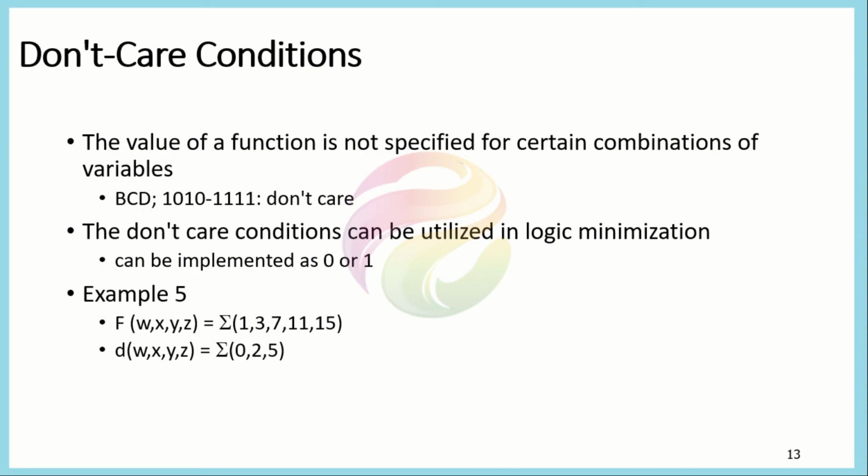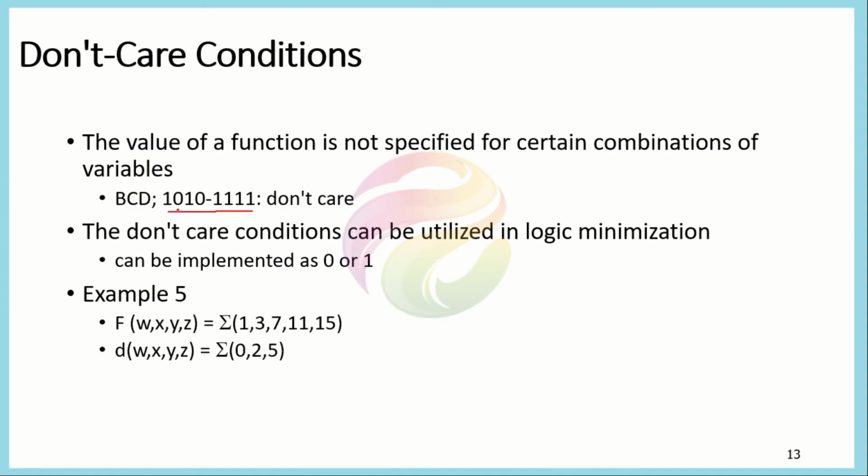We have also another condition which is known as the don't care condition. If you remember the BCD table, there was a certain combination of binary values which were not used. Actually, these unused values are very important when we are using the simplification process, because we combine these values as per our use. Because these values are either 0 or 1, we don't care about them. We only need to have a value between 0 to 9.